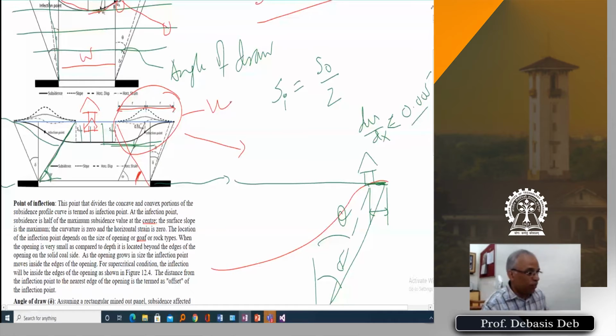Okay, but here is where the major activity happens, because U is acting. U is not zero. In this entire area, U is zero. Okay, there is no horizontal movement. As long as there is no horizontal movement, your building structure, everything is safe, because they are just coming vertically downward. Nothing else is happening. Until and unless you have some underground pipeline, let's say a water pipeline, Ethernet line or something, they will have problems. The water pipeline may break or something can happen.